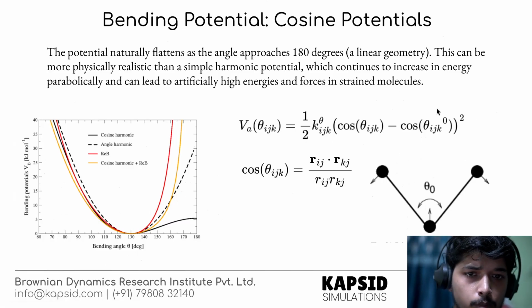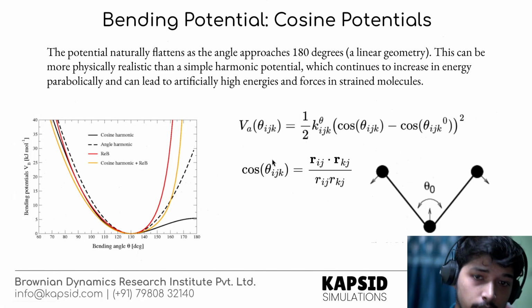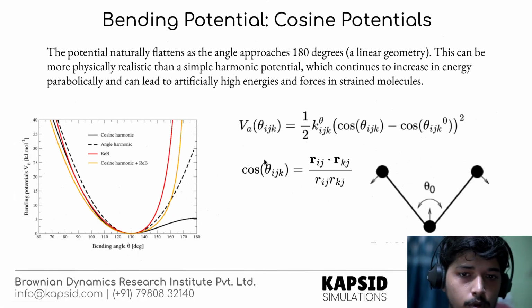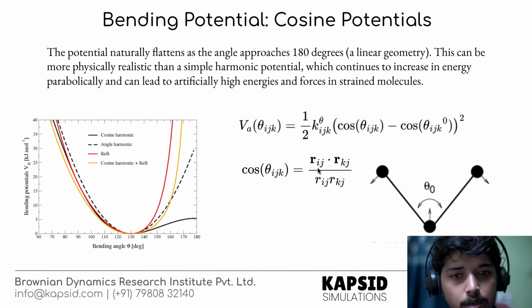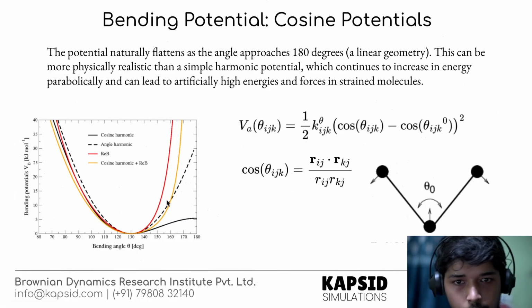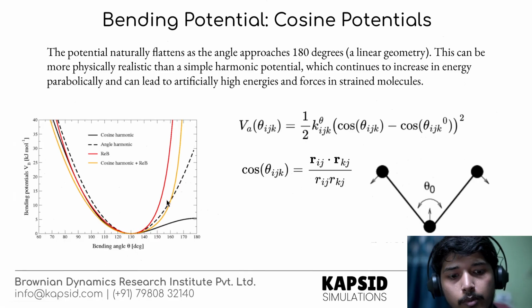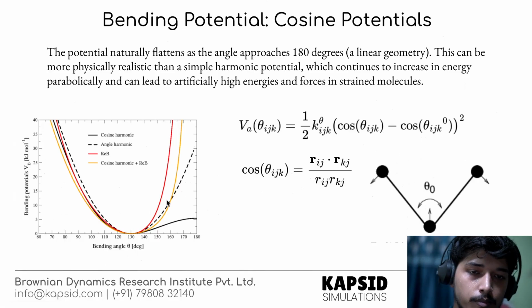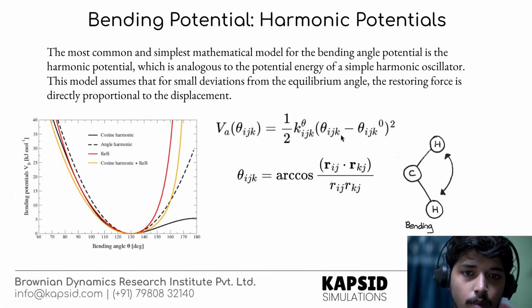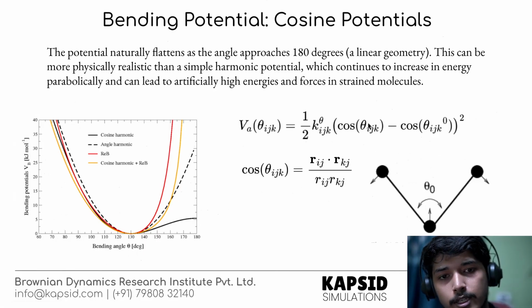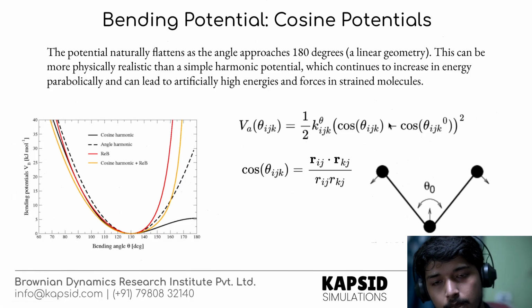The equation form is much similar to the previous one. The way to calculate theta is also the same. Here you are not calculating theta anymore, but rather using the same dot product, you are directly calculating the cosine. And there is also another advantage of using cosine potentials, rather than directly subtracting theta, which is that this one is faster, because